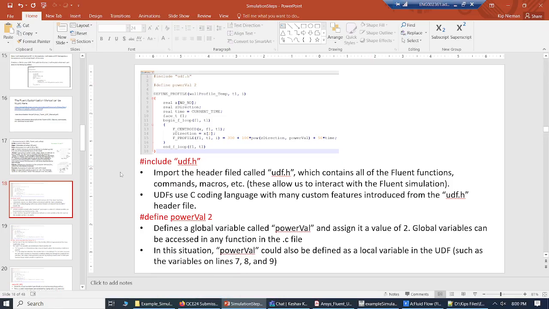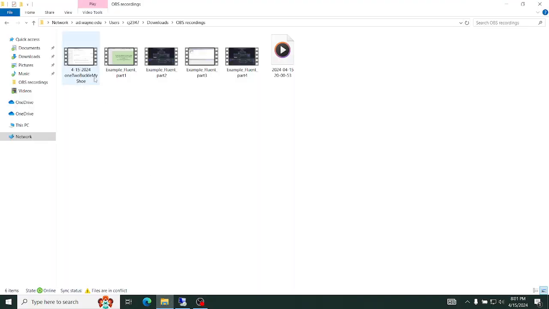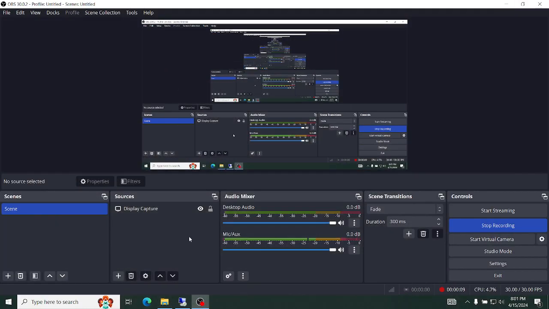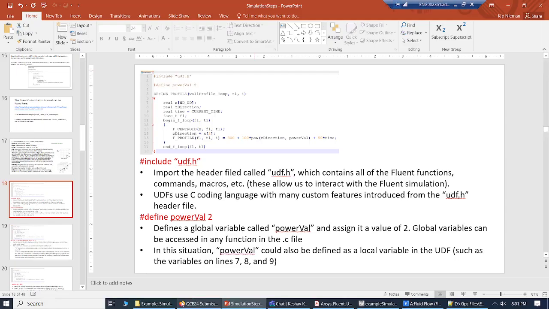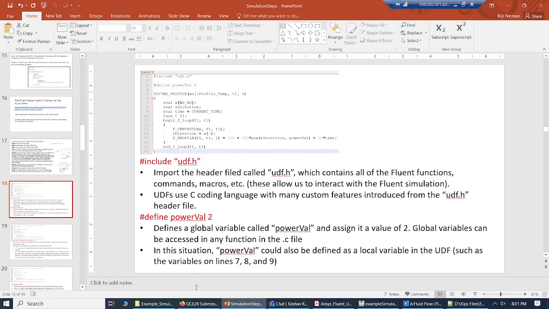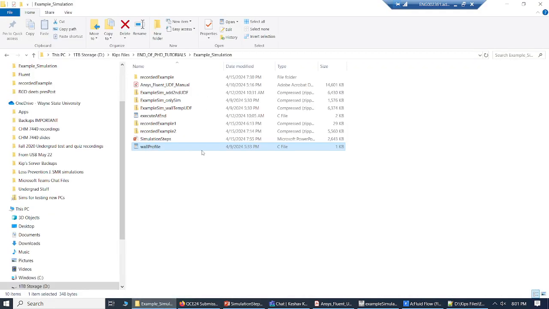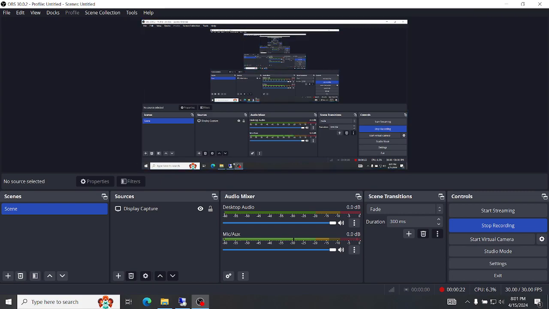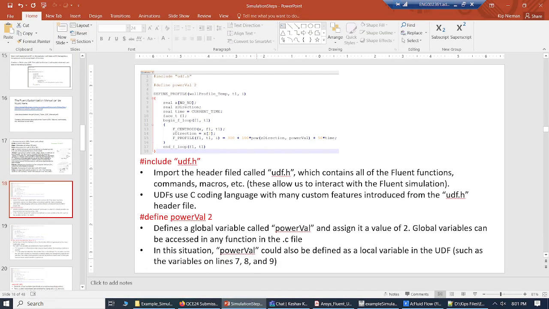So this is the fifth part. Let me double check that. 1, 2, 3. Yep, the fifth part of my Fluent Example series. And so now I want to talk about the contents of the UDF called wallprofile.c. So what I've done here in these slides is I've gone through each line and explained what each line